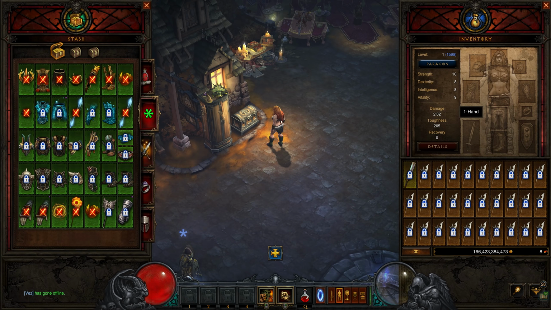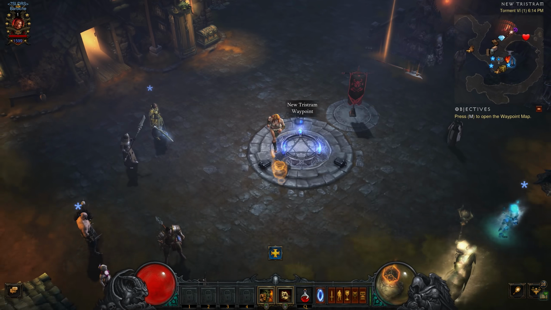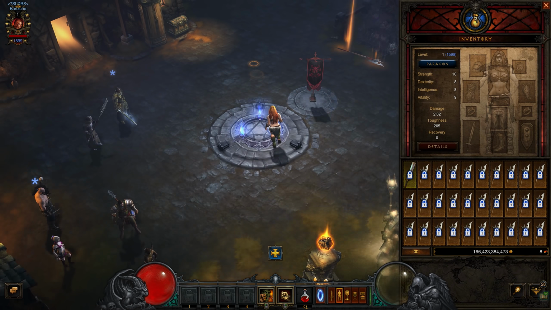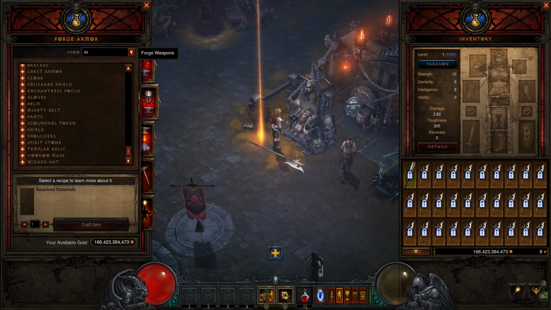Like two-handed weapons, one-handed weapons, offhand. Sometimes, depending on what class, if there's a better chance of getting boots or legs or whatever, I wouldn't normally do that, but later on I might. It works best, honestly, if you have specialized items. So what I mean by that is